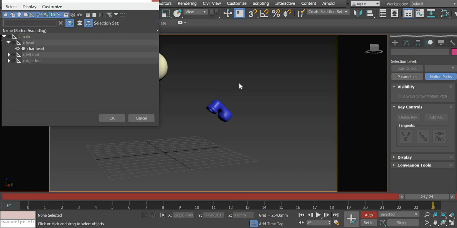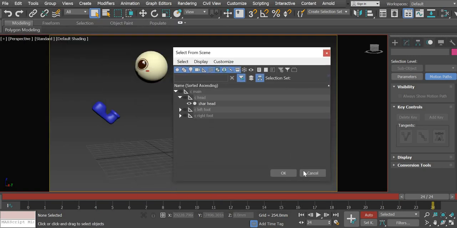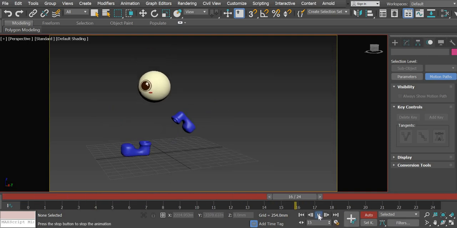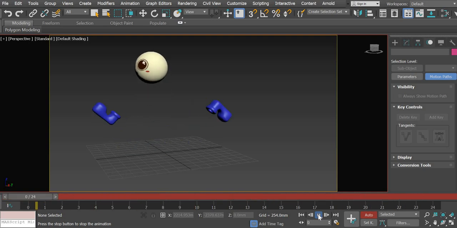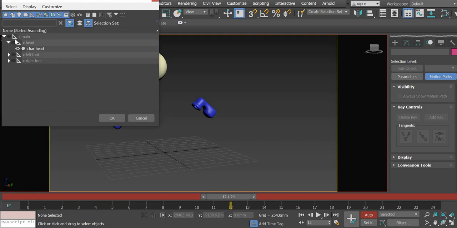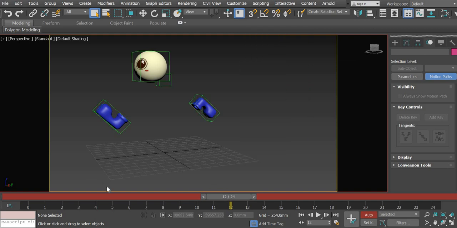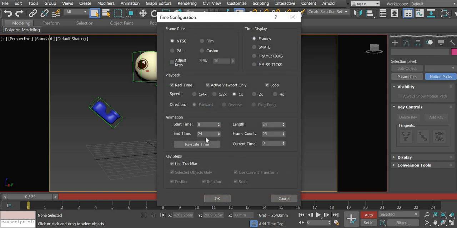Okay, and then we hid the helpers, and then if you play it, your character is going to run. Alright, now if you right click and unhide all, what you can also do is change the frames. So I had only 24 frames, so if you make it say 200,